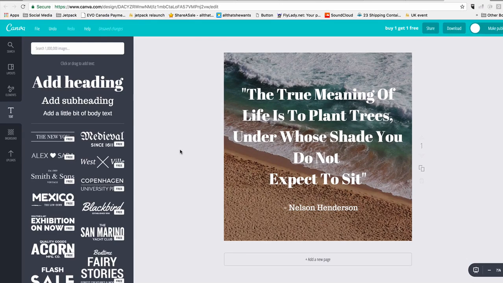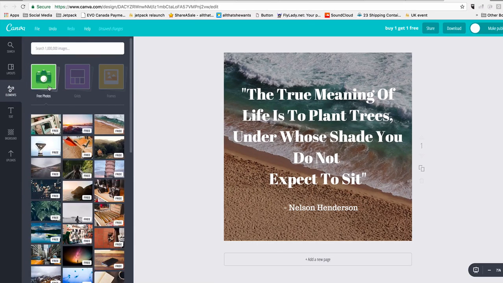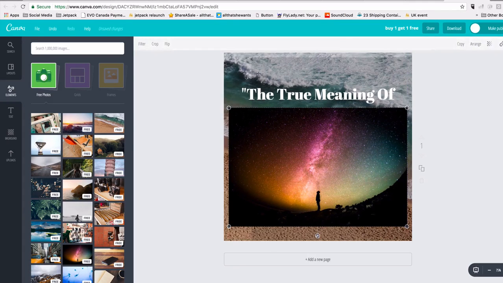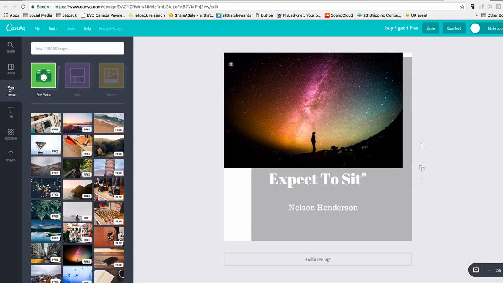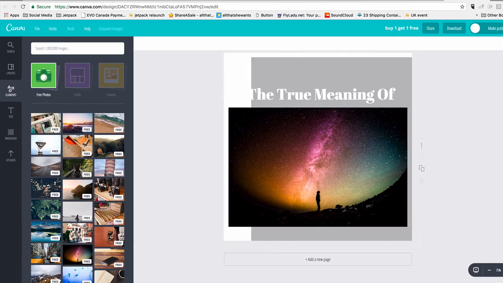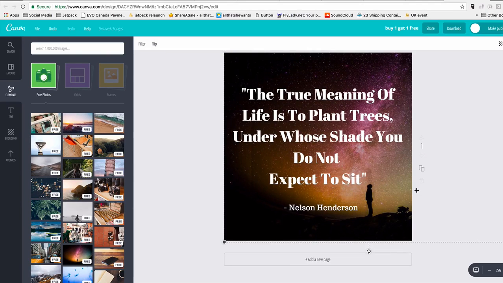So remember, if you create your graphic and you don't really like the image in the background, you can always go back to your elements, go back into free photos, and choose a different image. Choose my beach photo in the background and delete it, and then size my new photo over top. So that looks fantastic. I think I'm ready to download my image, rename it,